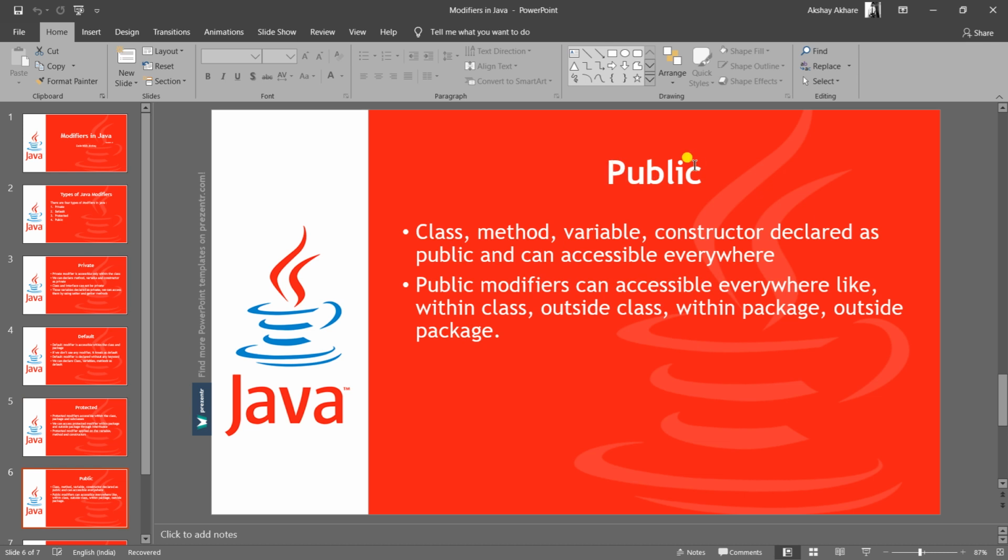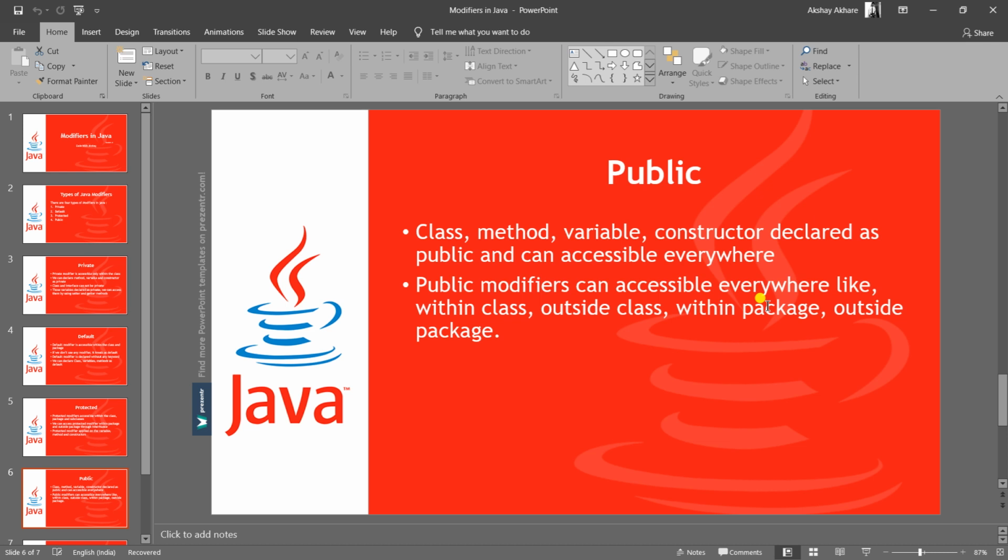So now public came into the picture. Class, method, variable, and constructor declared as public can be accessible everywhere. We can declare all these things as public, and then these members will be accessible everywhere: within the class, outside the class, within the package, and outside the package.